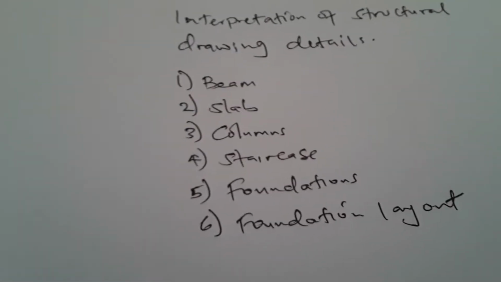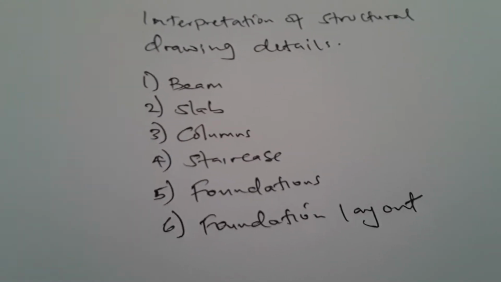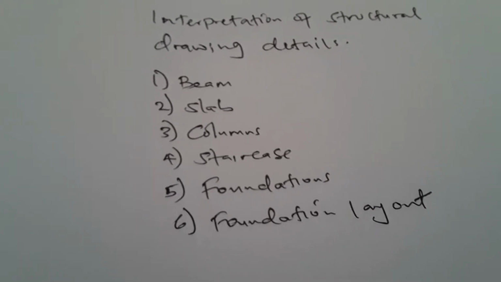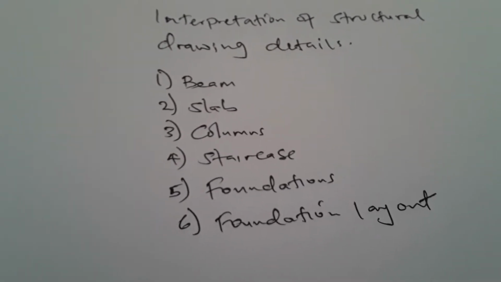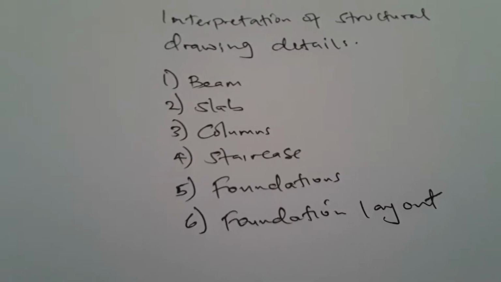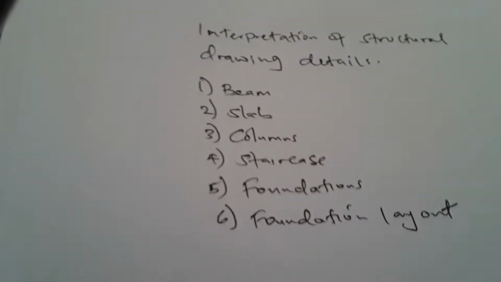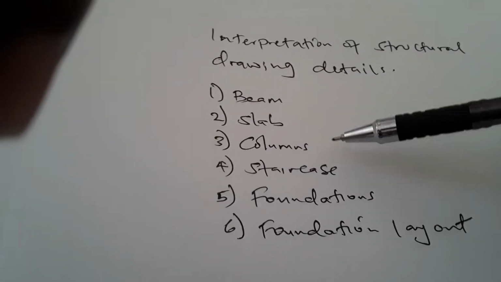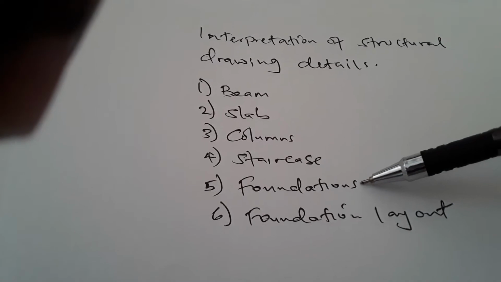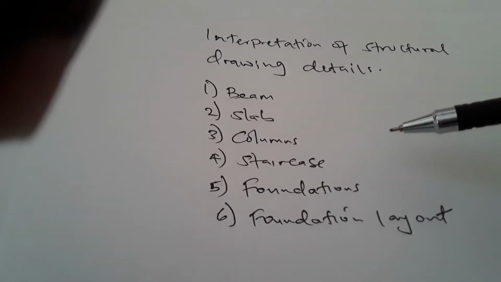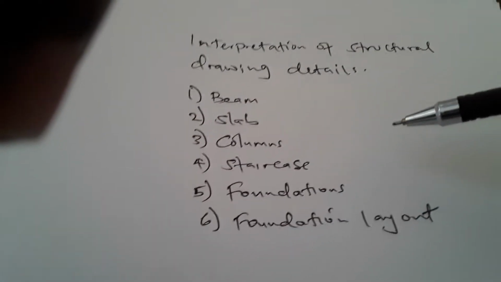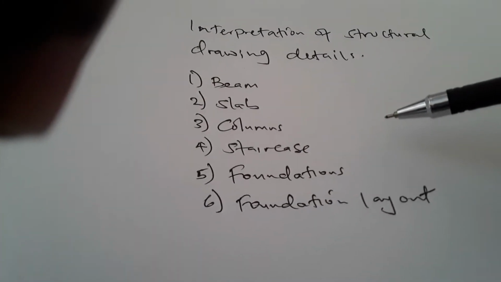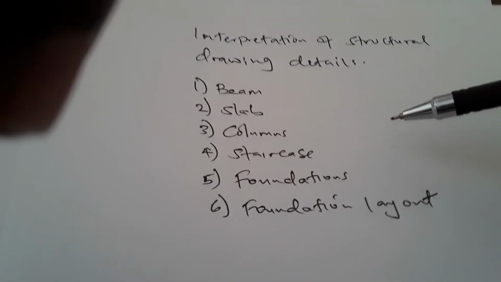So today we are going to talk about the interpretation of structural drawings, or the interpretation of structural members in a drawing. When we talk of structural members, we have a beam, a slab, a column, a staircase, and foundations. These are structural members. We are going to see a sample of a drawing from our computer so that we can see how we interpret these drawings,